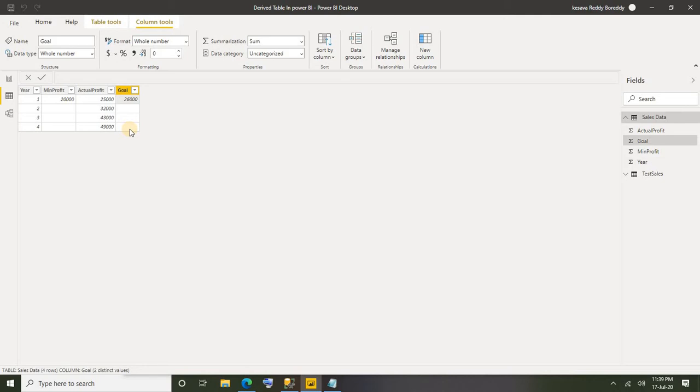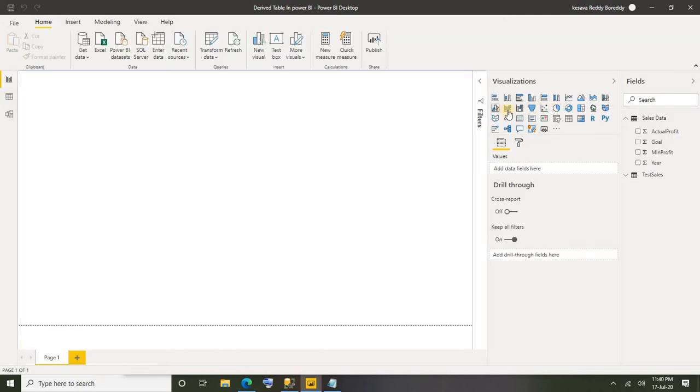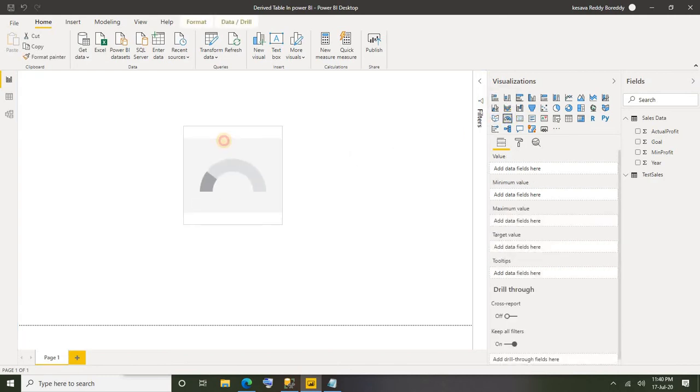Let me take you guys into the report section here. I want to pass dynamic goal and minimum values to the gauge. A gauge is one type of KPI visual, mainly used to measure the current value's progress towards the goal. Okay, what is the progress of our current value towards the goal? The gauge visual has different values to set.